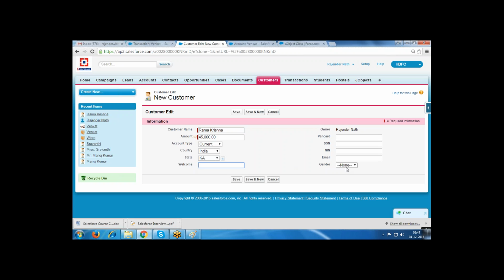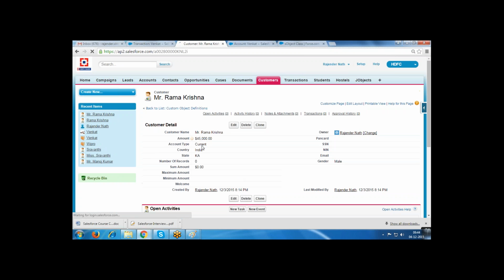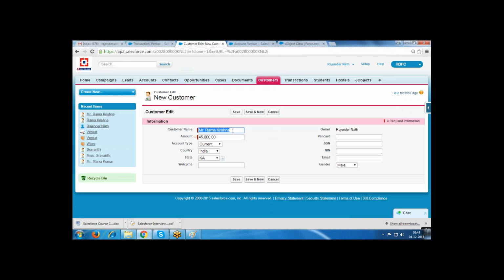Ramakrishna, I selected Mr. Female, sorry, male. It is Mr. Ramakrishna. Suppose I am creating one more record, Vijaya Lakshmi. Now I selected female.